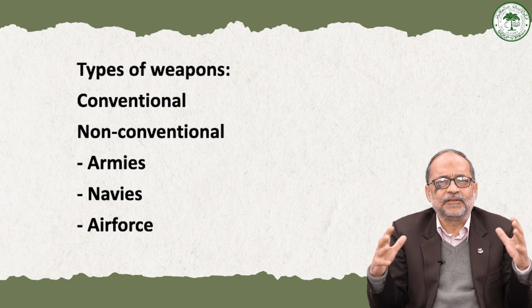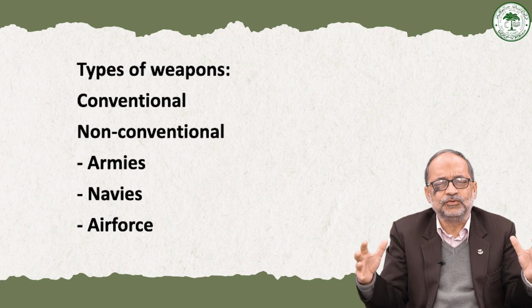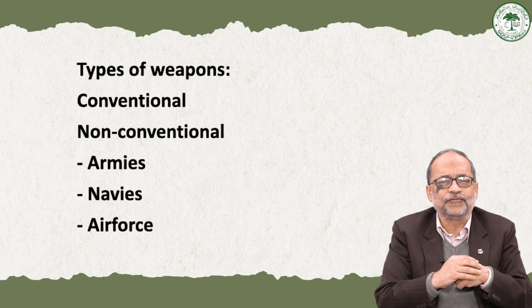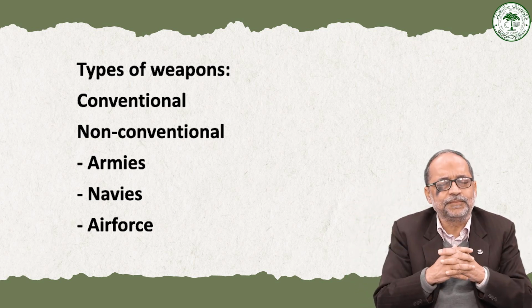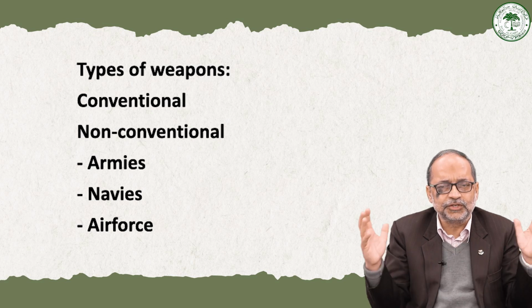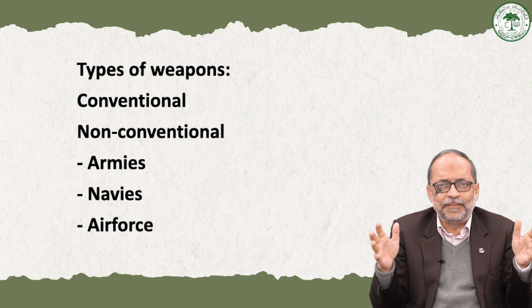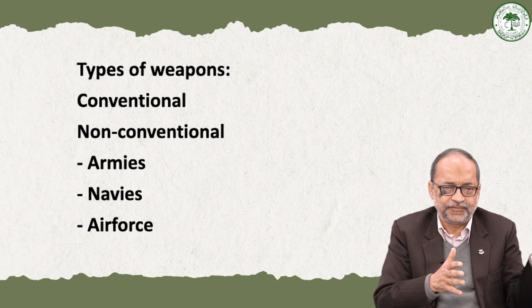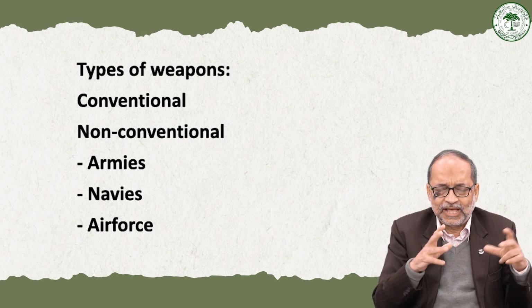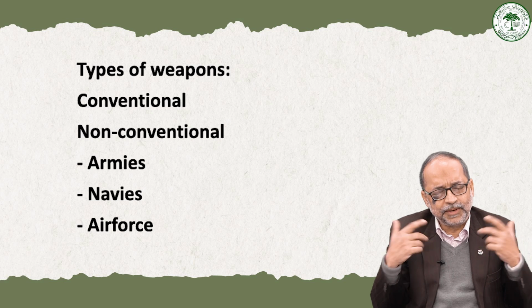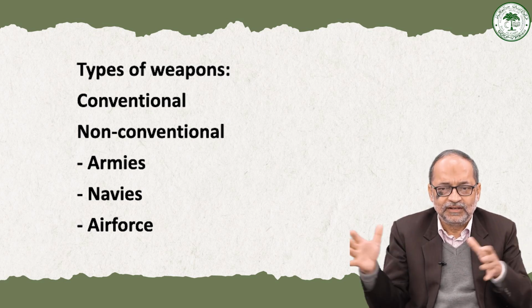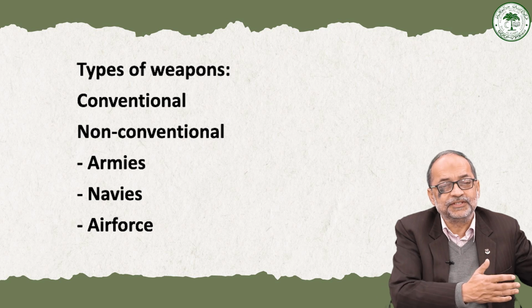So what are these aircraft carriers? They are like small cities, on which even aircraft and fighter jets can land and take off, and there are all kinds of weapons and equipment there, and they are so huge. And they are basically used as an instrument of power projection. So wherever there is a region in the world where the big powers have to project their power, the aircraft carrier moves in that region.